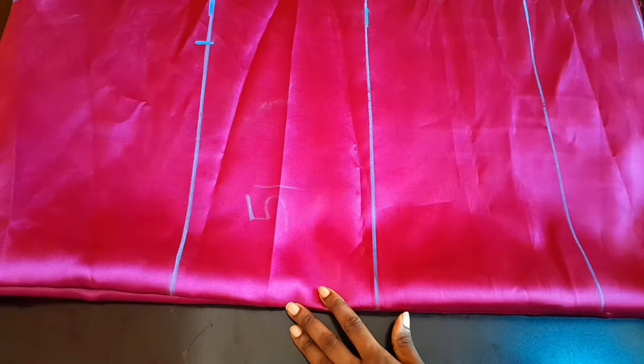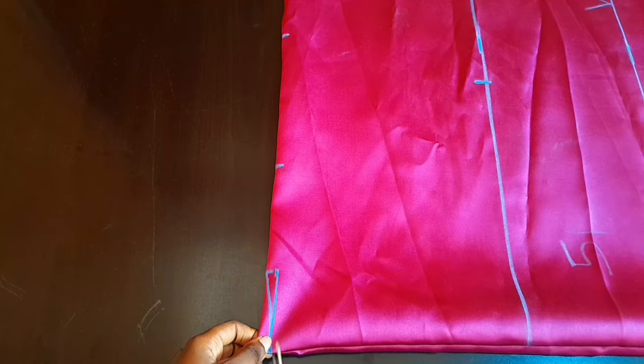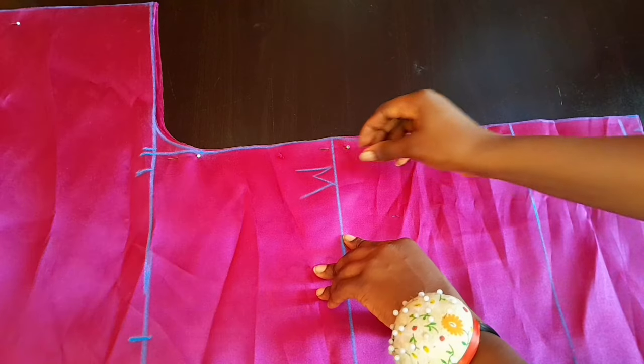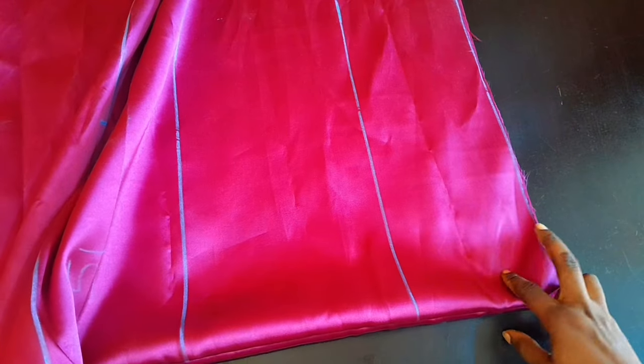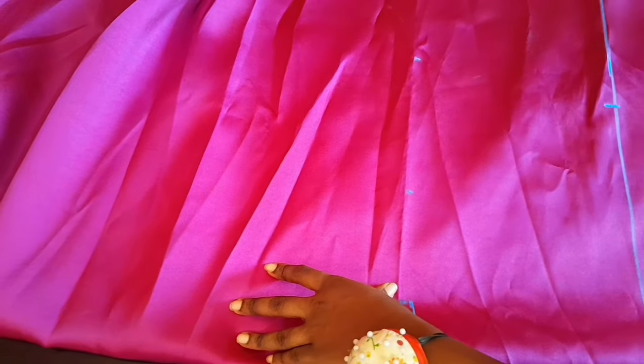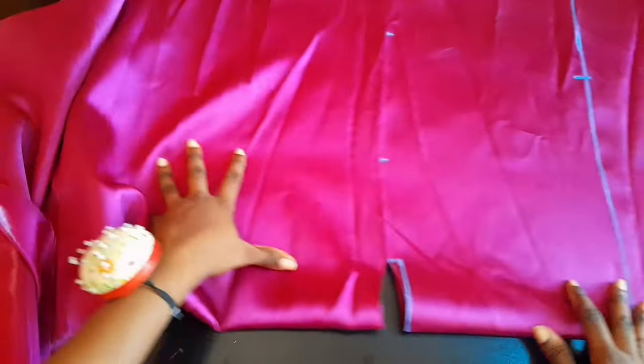Can you see? I'm just going to trim off the neckline and I'll show you what's next. Open it up like this. Did you get that? When you open like this, your sleeves will be together this way, and then I will